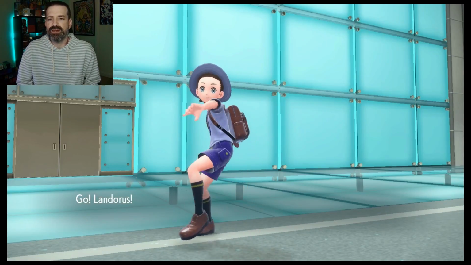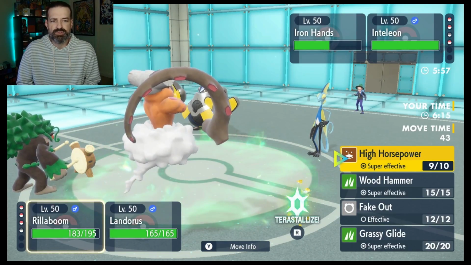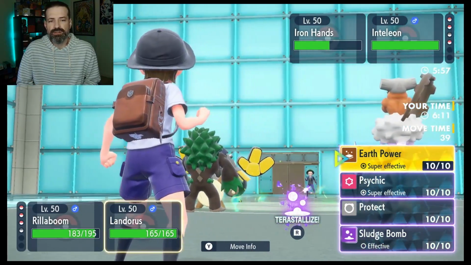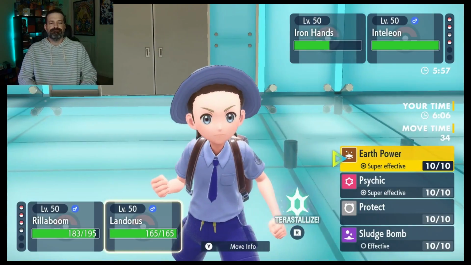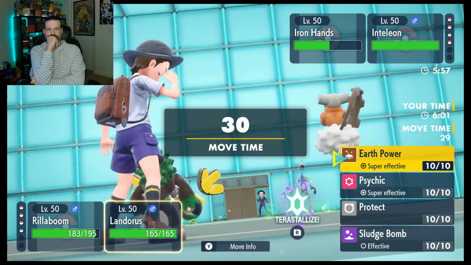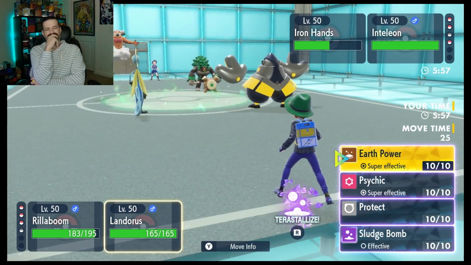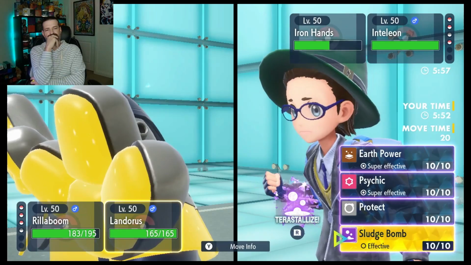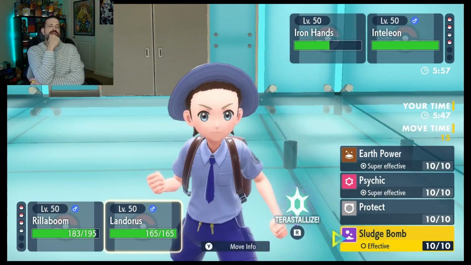I think we're going to have to go with the Terra on Lando, though, just so we don't take a, like, a Snipe Shot or something like that. We're going to go Wood Hammer over there. Let's Terra. Yeah, let's Terra and... Part of me actually wants to... I'm going to go for the Sludge Bomb over there. I only say that because if they end up...